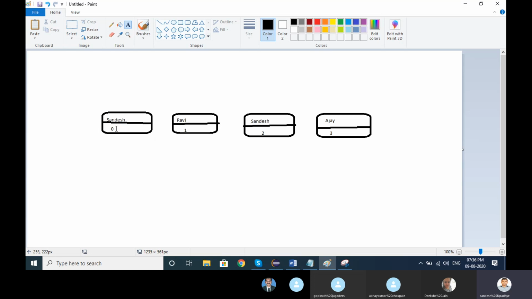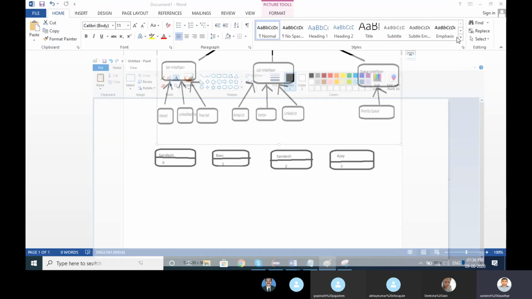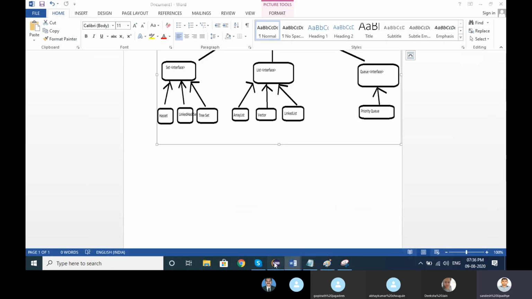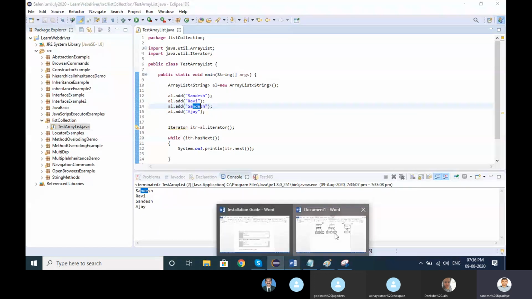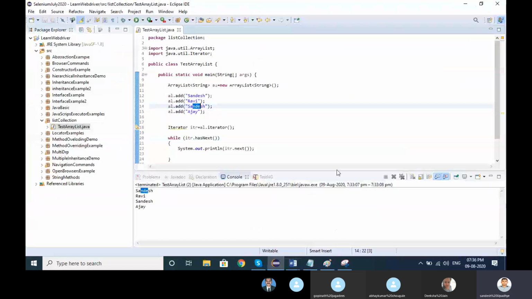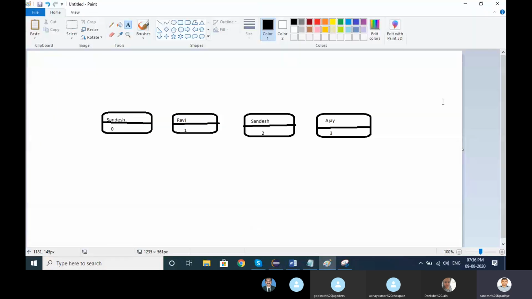Array is storing the Sandesh element at level 0. At level 1 it's storing Ravi, at 2 Sandesh, and at 3 Ajay. Performance wise it's a little slow, because in the background it's storing the elements like this.